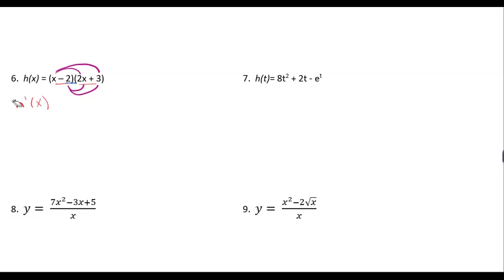So if we rewrite our equation, it'll look like h of x equals x times x gives us x squared. X times 3 gives us plus 3x. -2 times 2 gives us minus 4x. -2 times 3 gives us minus 6. So simplifying that, we get x squared minus x minus 6. Now we can take our derivative. So if we bring down our power,